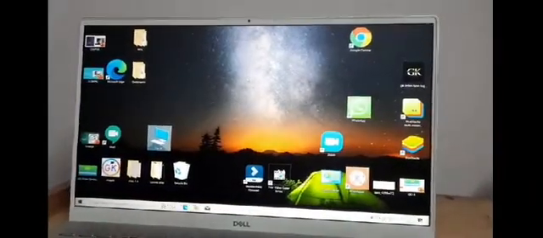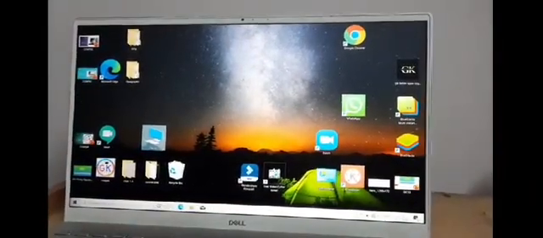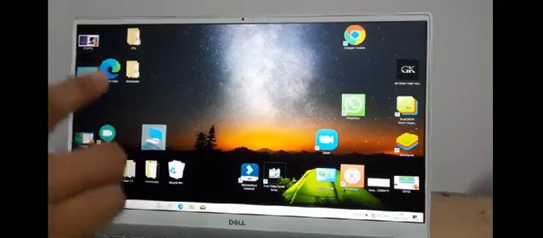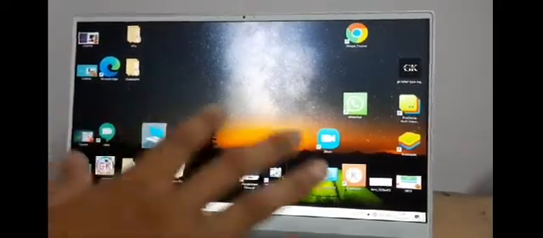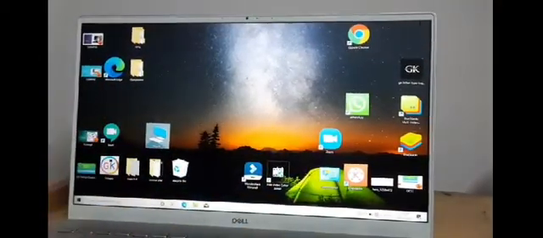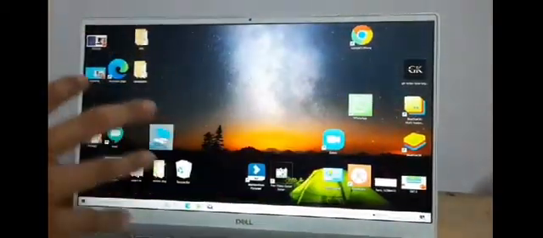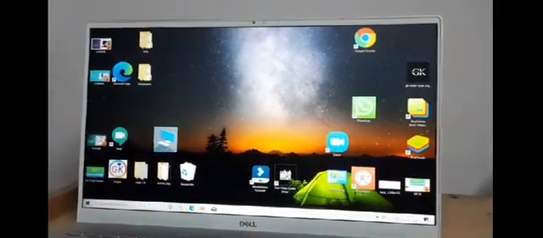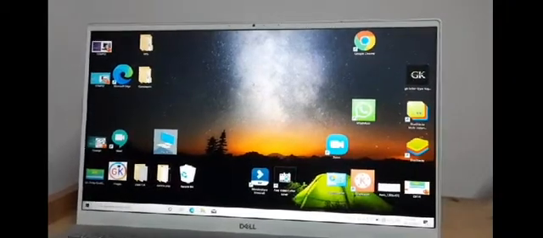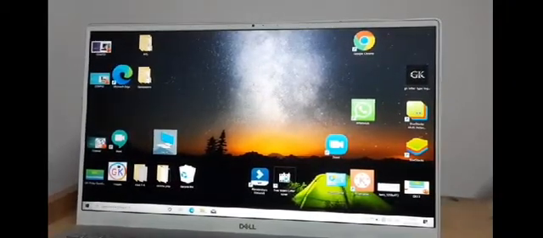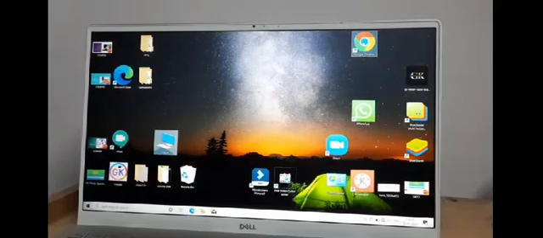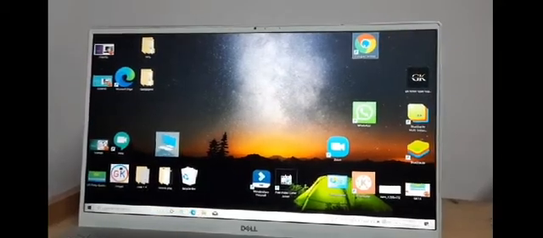Next is what we have to do, arranging the desktop icons. Now children, you can see my desktop. All the icons are not in a proper way. So I want to keep them in a proper way, in one line or in order, so that it will look clean. Alright, so what I have to do, I have to pick each and every icon one by one and move it to the place.